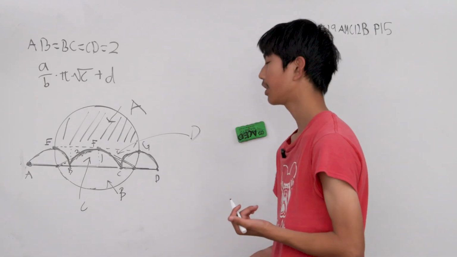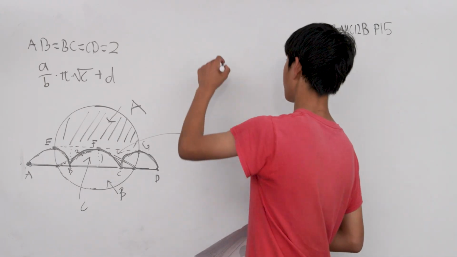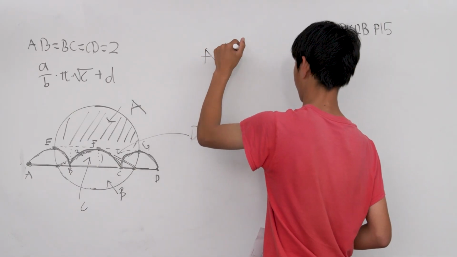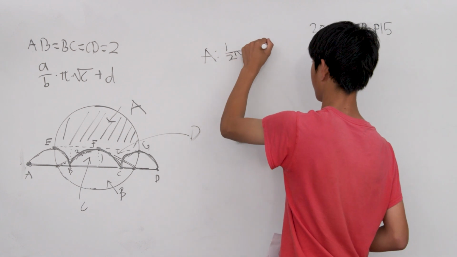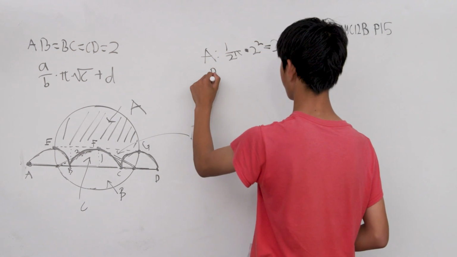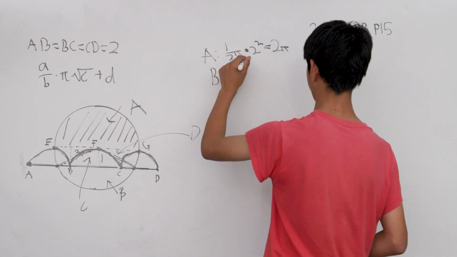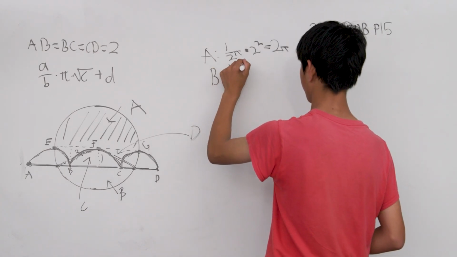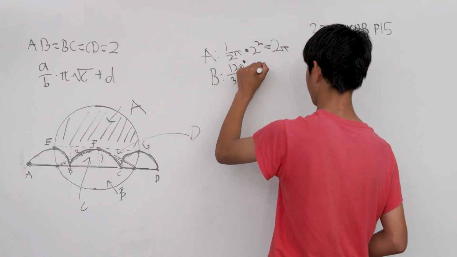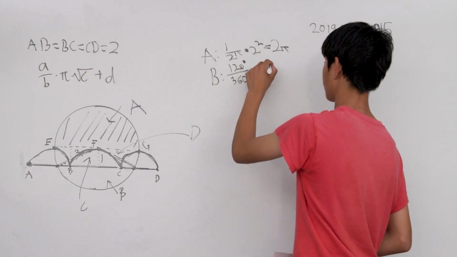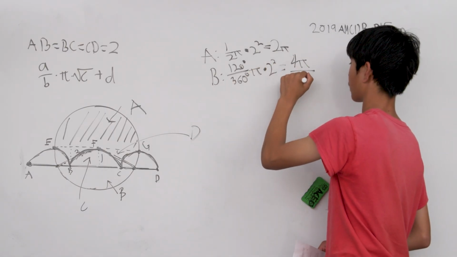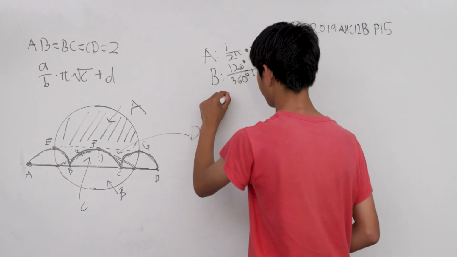So it's pretty intuitive to solve for area A. Area A is simply 1/2 pi times 2 squared, which is 2 pi. Area B is an arc, so 120 degrees over 360 degrees, pi times 2 squared, is 4 pi over 3. For area C,